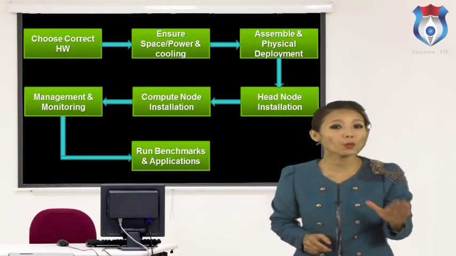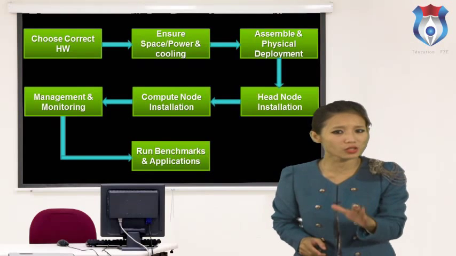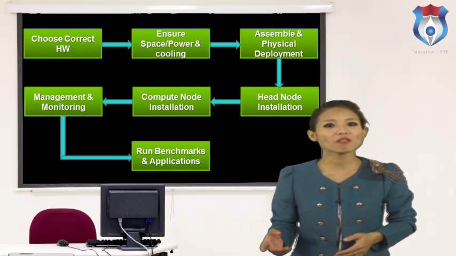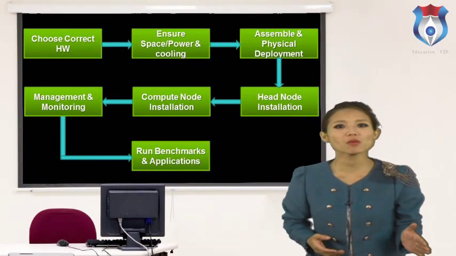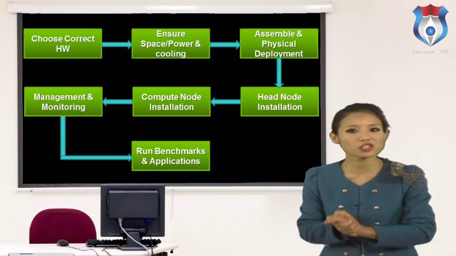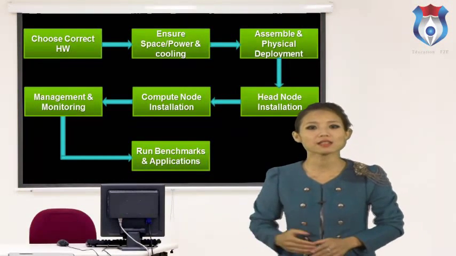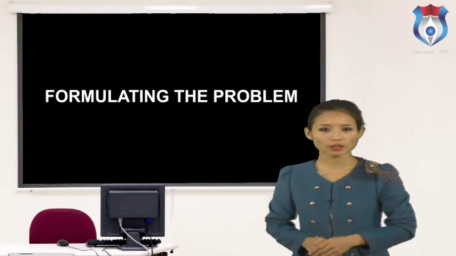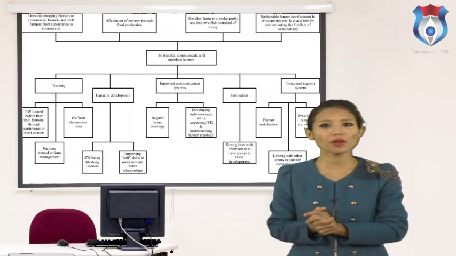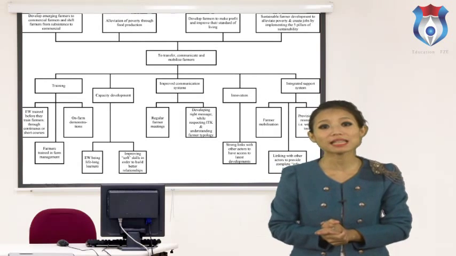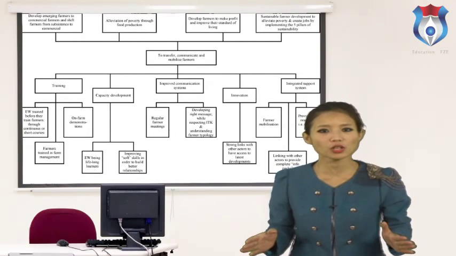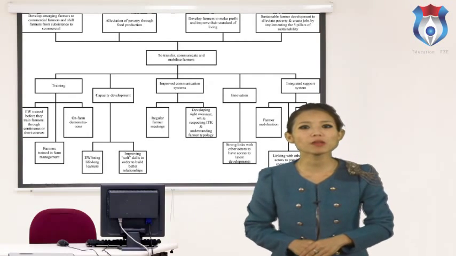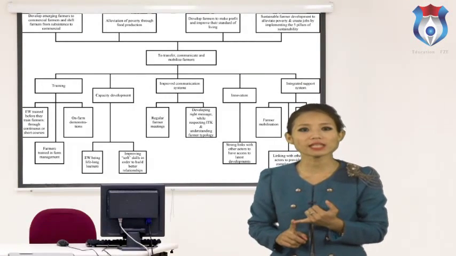The sources from which one may be able to identify research problems or develop problem awareness are review of literature, academic experience, daily experience, exposure to field situation, consultation, and brainstorming. Formulating the problem. The selection of one appropriate researchable problem out of the identified problems requires evaluation of those alternatives against certain criteria, which may be grouped into internal criteria.